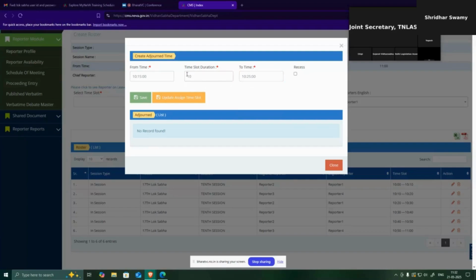Then after setting the time slot duration for 10 minutes, our system will automatically set the end time as 10:25. If he wants to set the time slot as a 5-minute break, then if he sets the 5-minute break, it will automatically set the time as 10:20. Accordingly, whichever time you have set in the time slot duration, our system will automatically give the time in the two time drop down. Suppose we have given the adjourn time as a 7-minute adjournment time, it will automatically set the